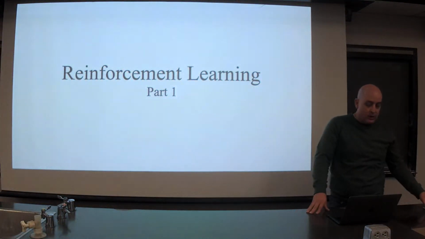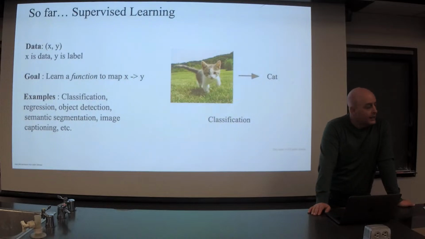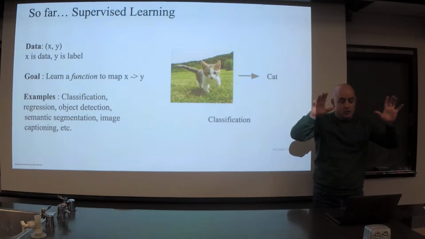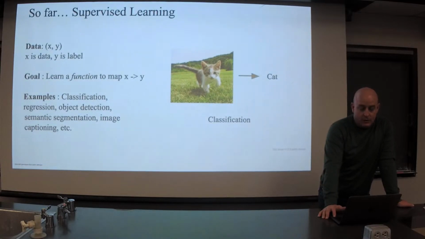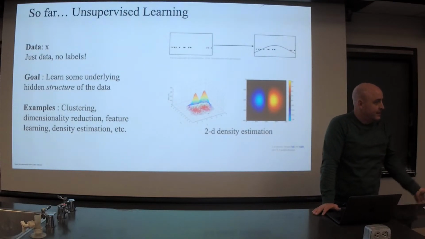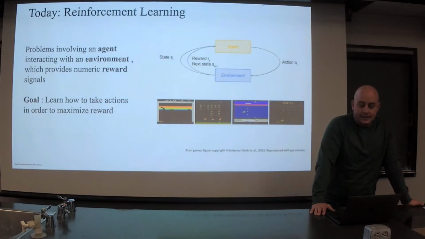So this week is going to be our one week for reinforcement learning. This is just another kind of machine learning, another large family, another division of learning. We've learned about supervised learning, where we have labels and we're essentially learning a function from the data to the labels. We have unsupervised learning, where we just have data and we're learning something about the structure of that data. And now we have reinforcement learning. This is very different.